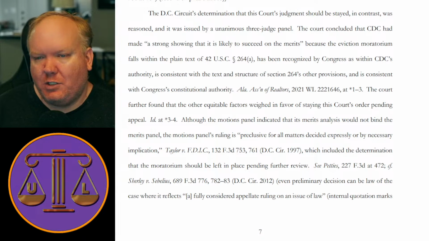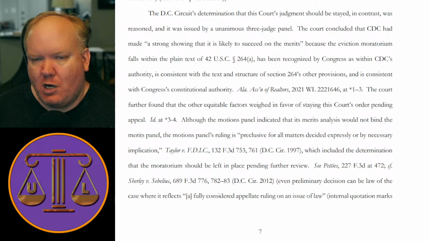the DC Circuit's determination that the court's judgment should be stayed, in contrast, was reasoned and was issued by a unanimous 3-judge panel. The court concluded the CDC had made a strong showing it's likely to succeed because the eviction moratorium falls within the plain text